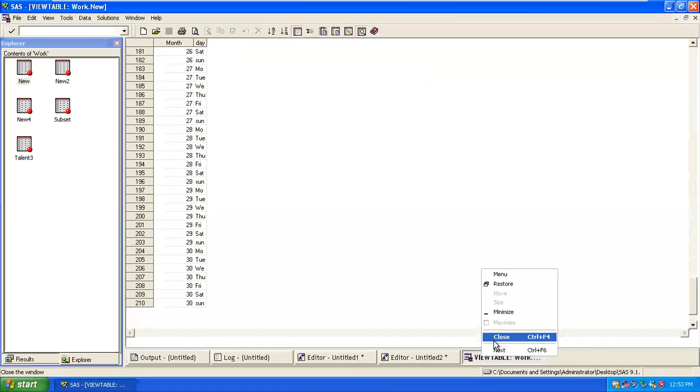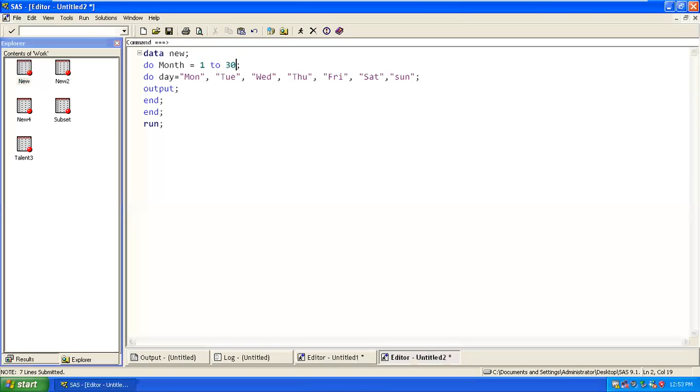You have 12 months, and you have 30 days. You have to think in a way that you say, I have 12 months, I have 30 days, and the day is going to be assigned from Monday to Sunday.